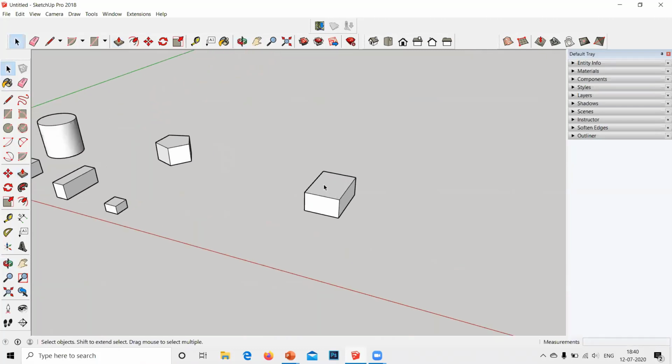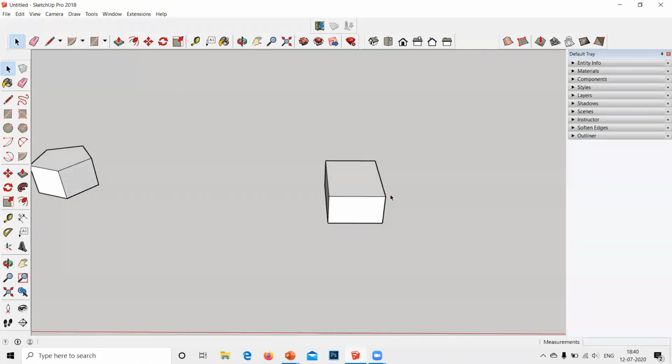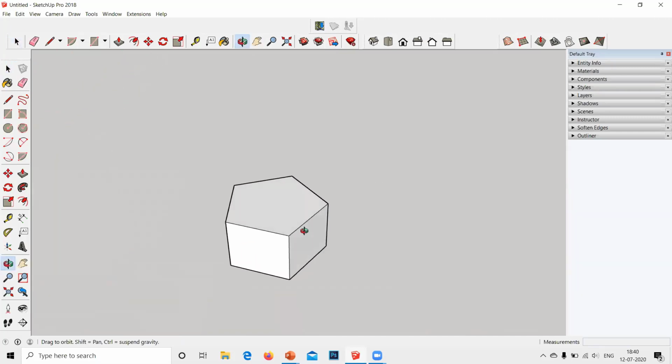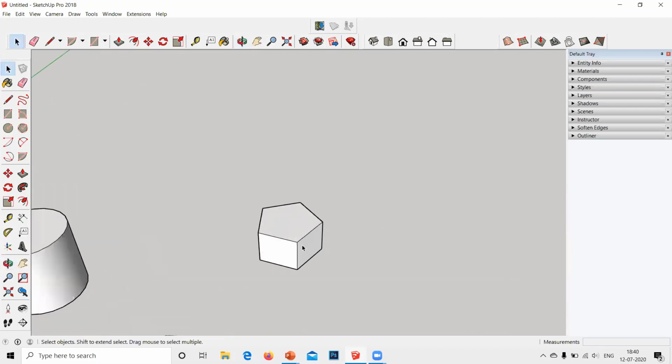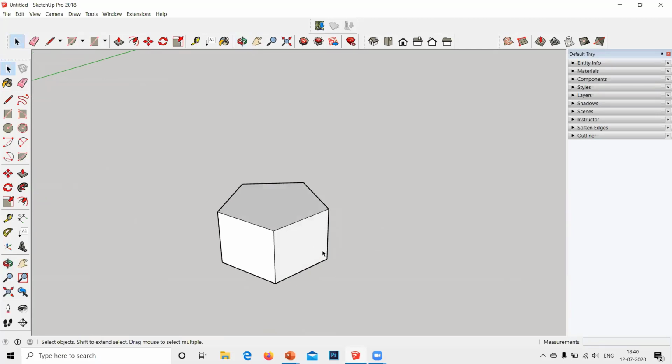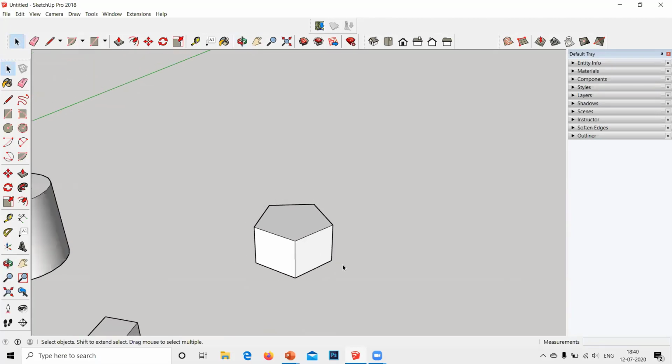Now I'm going to teach you how to create groups and components. After this group and component portion, we'll go to how to start designing with our house. Okay, so what is a group and what is a component? I'm going to teach you the difference. So this pentagon actually looks very interesting. So we'll work on this pentagon for now. Okay, I'll just create a group for this pentagon. For creating a group, you have to select the whole thing.